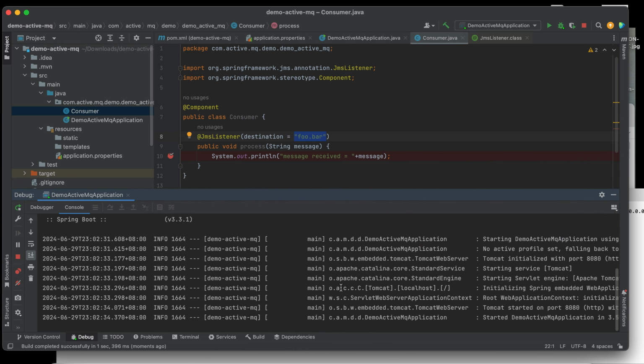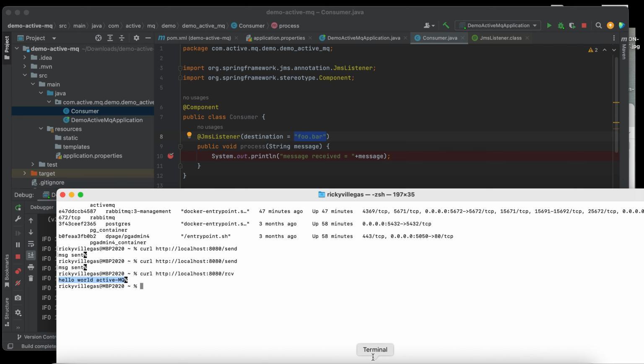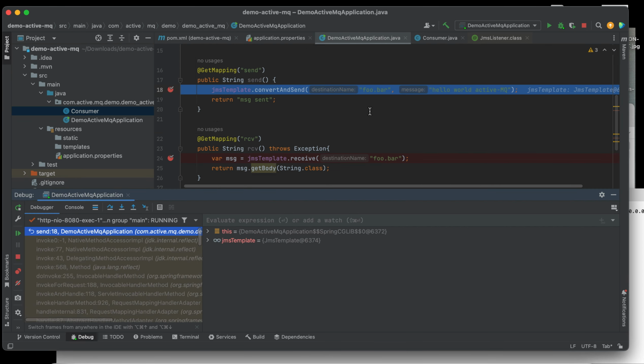This time we do not need to retrieve it manually. We do not need this endpoint. We just send this, and automatically after sending it, it will be received here, because we have a listener here, which is telling the framework that we are subscribing to this particular queue name. All right, so let's send. After sending, we expect this message, hello world ActiveMQ, to reach our consumer.